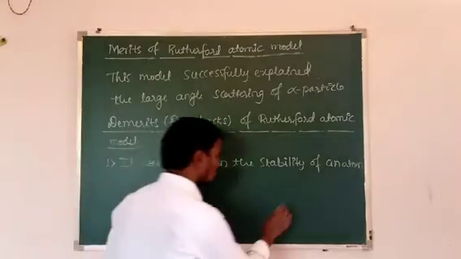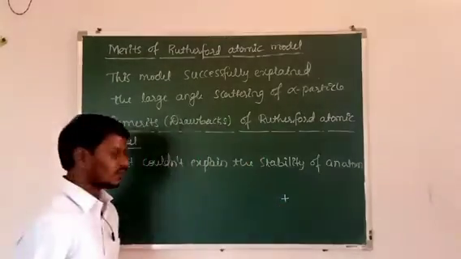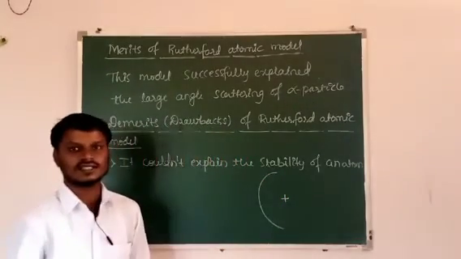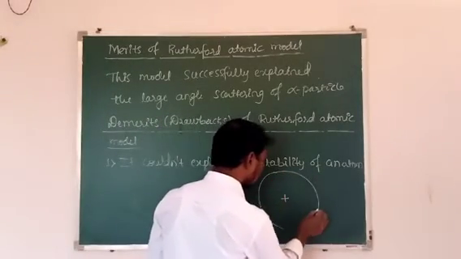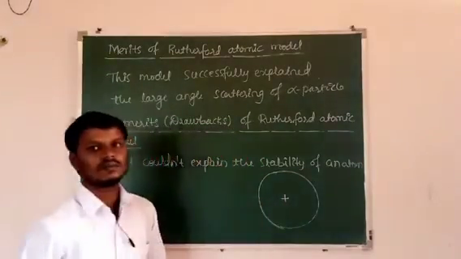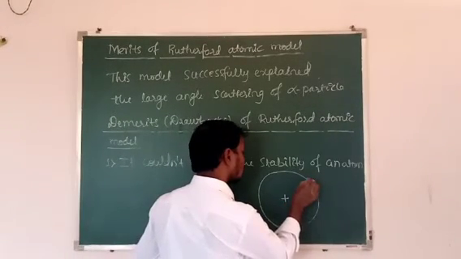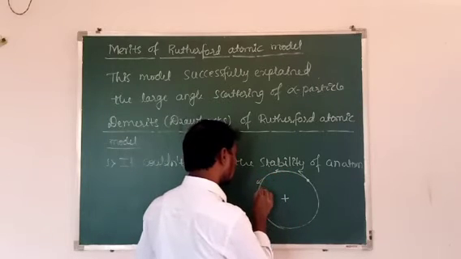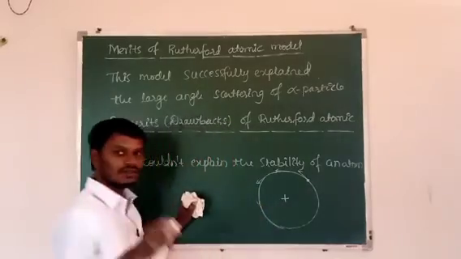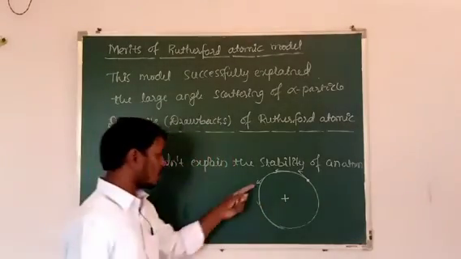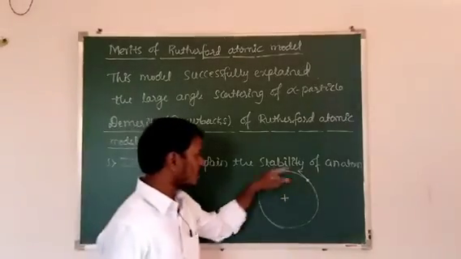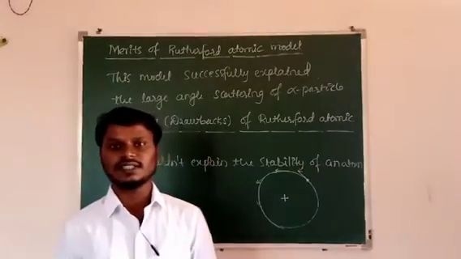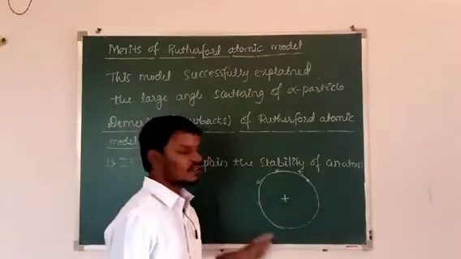See here, let us consider this is the nucleus of the atom and an electron revolving around the nucleus. As this electron revolves around the nucleus, it makes a circular path. If this electron moves with constant speed in the given orbit, there is still a change in direction of the velocity. So even though the magnitude of the velocity is the same, the direction is changing, which means the electron has acceleration. An accelerating charged particle always emits electromagnetic radiation, which means there is a loss in energy of this electron.